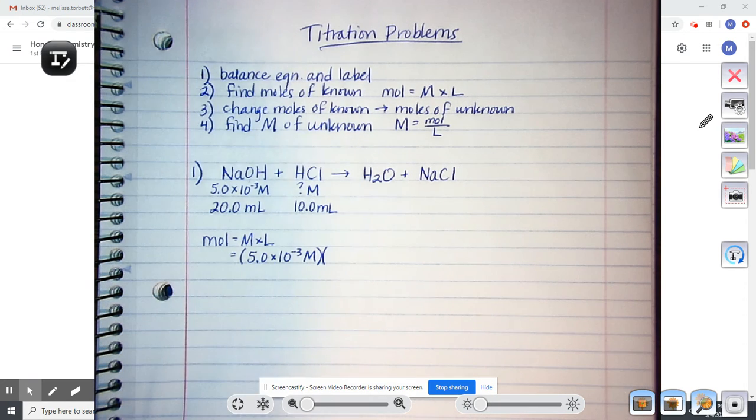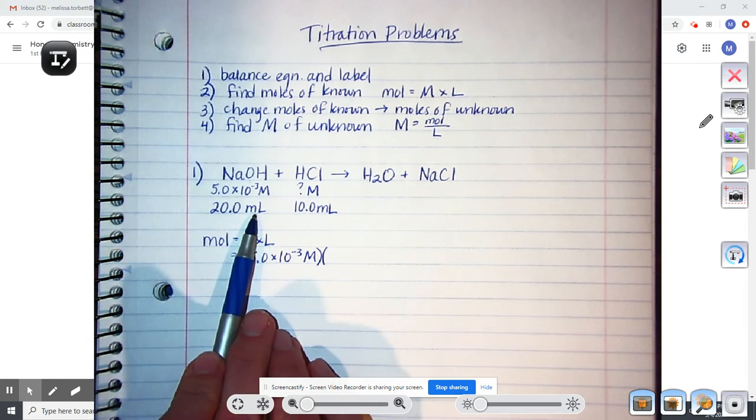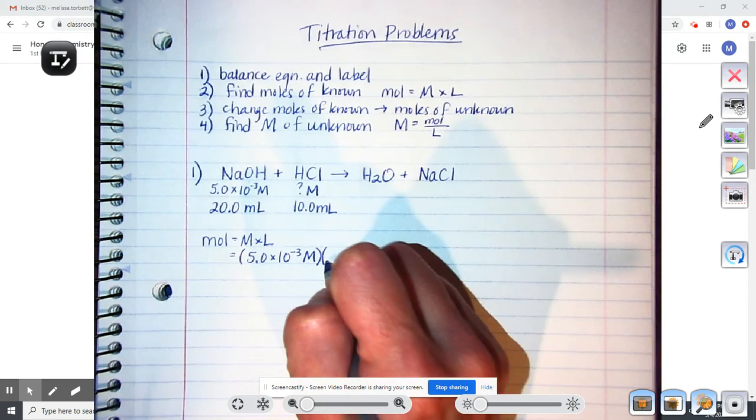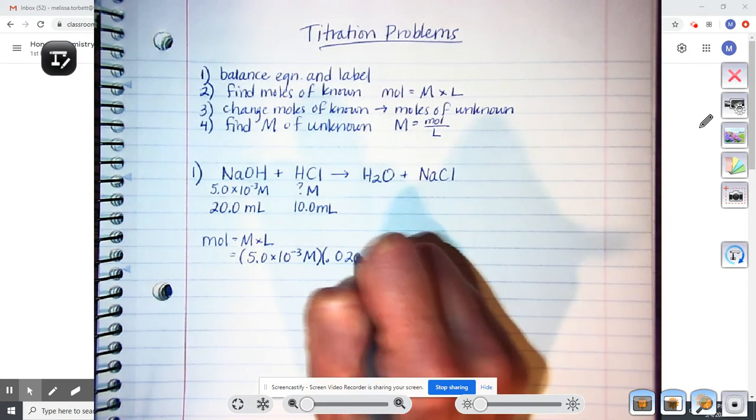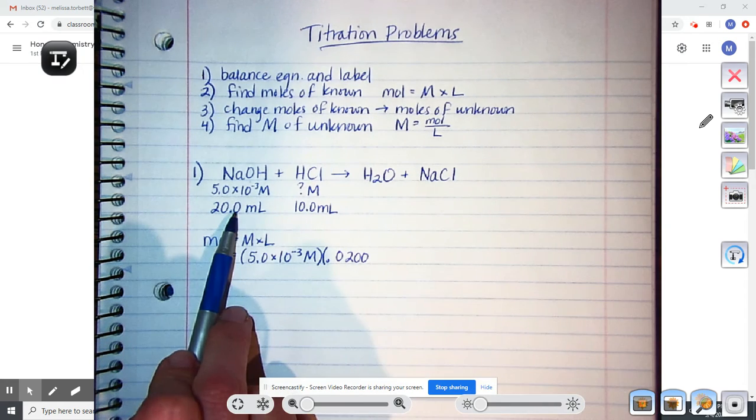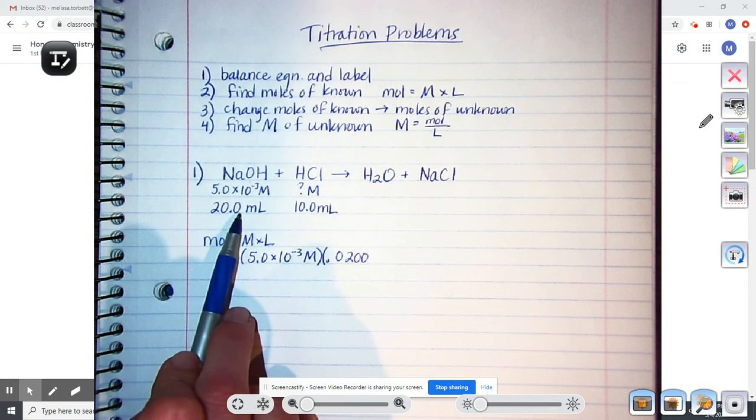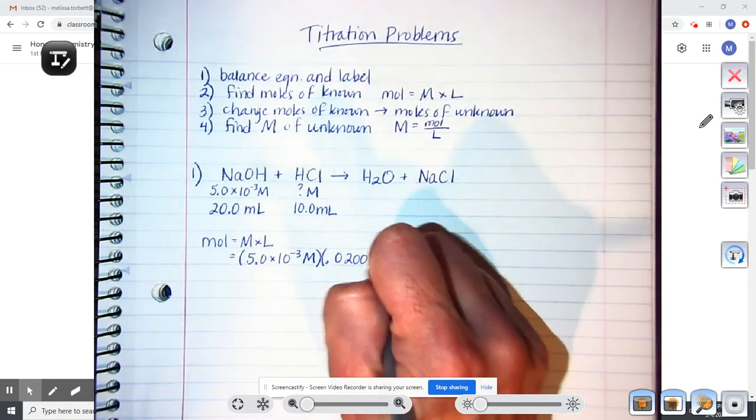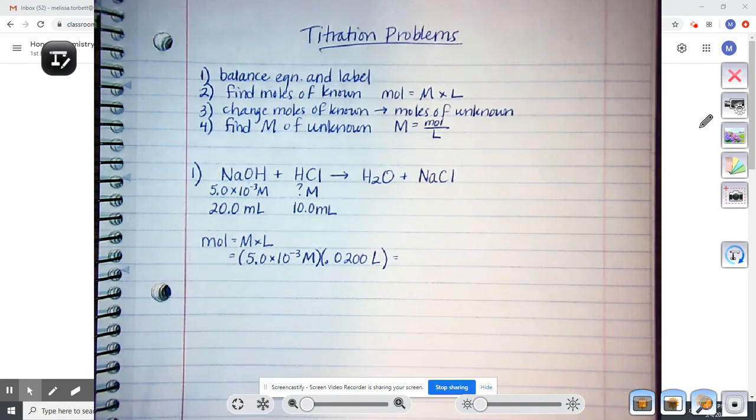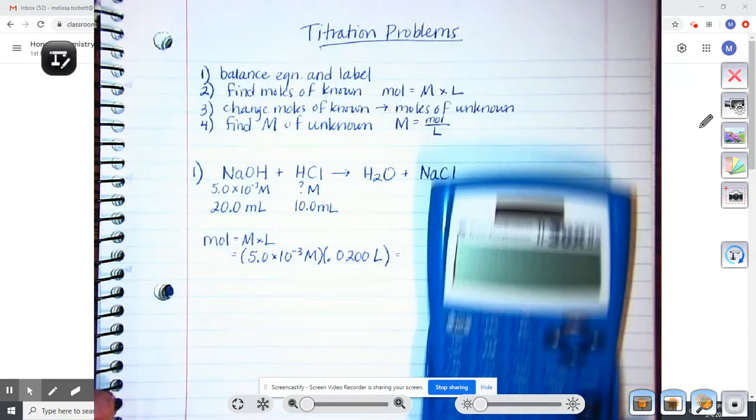So we should still be able to change metric units. This is milli. It needs to go to liters. That's 3 spaces to the left. 1, 2, 3. So that's going to be 0.0200. 3 sig figs on this because that's a 0 at the end of a number with a decimal, liters. Now I'm going to get my handy little calculator here